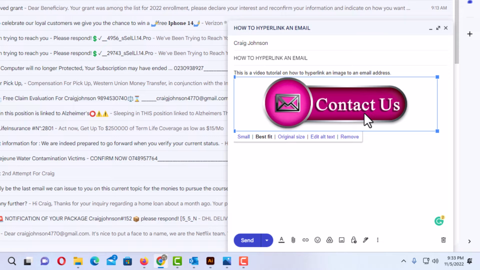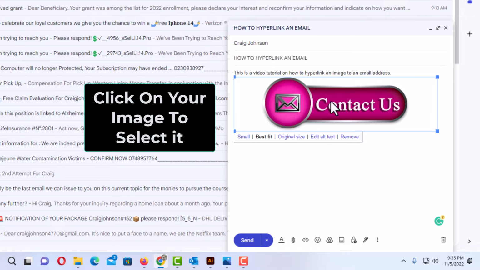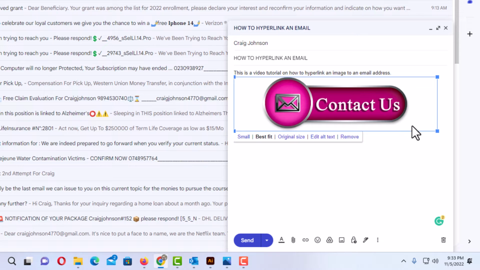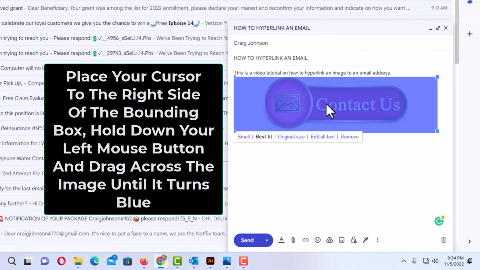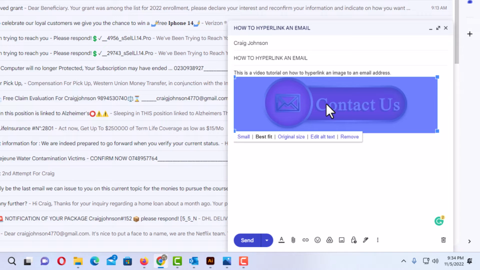The way to hyperlink an image to an email address, first thing you want to do is click on your image to select it. You can see I have the bounding box around my image. What you want to do is place your cursor just outside of the right side of that bounding box. You want to hold down your left mouse button and drag across your image until it turns blue like that. Once it's turned blue, you can let go of your left mouse button